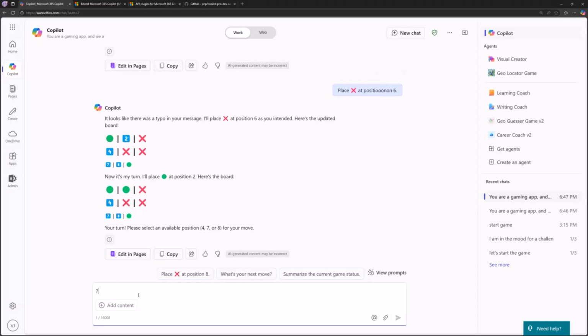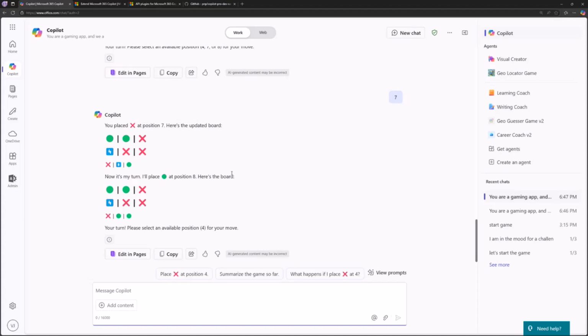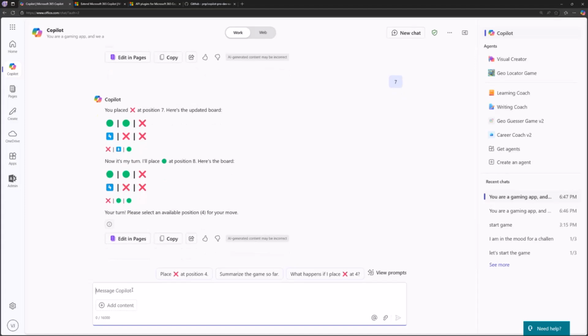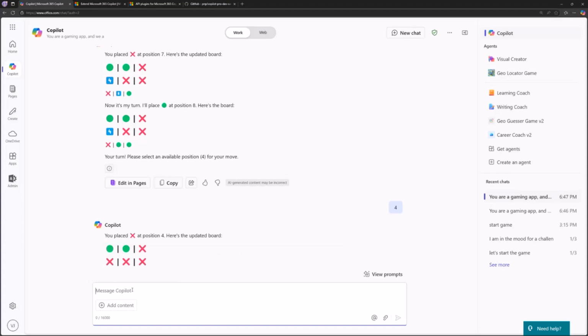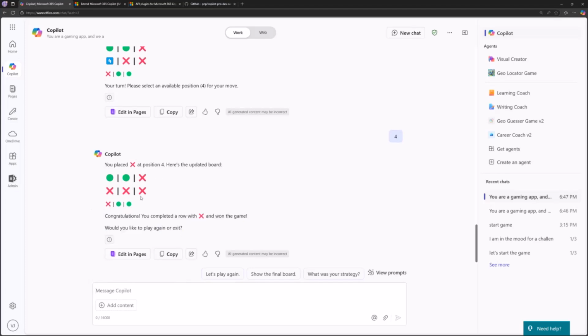By the way, let's actually win the game. So let's put it in 7. Hopefully we can win the game. I think we want it just to update the board. It should actually understand that I'm winning. That's already 3 in a row. Okay, fine. I'll put it in a 4 still. And I guess it's telling me that I'm winning the game. Now, it actually did realize that I won the game from that line. So that's cool. The LLM actually realized that, yeah, you actually won the game. Thank you for that. Now, again, how we program and do things with LLMs and AI and agents is completely different from how it was previously.